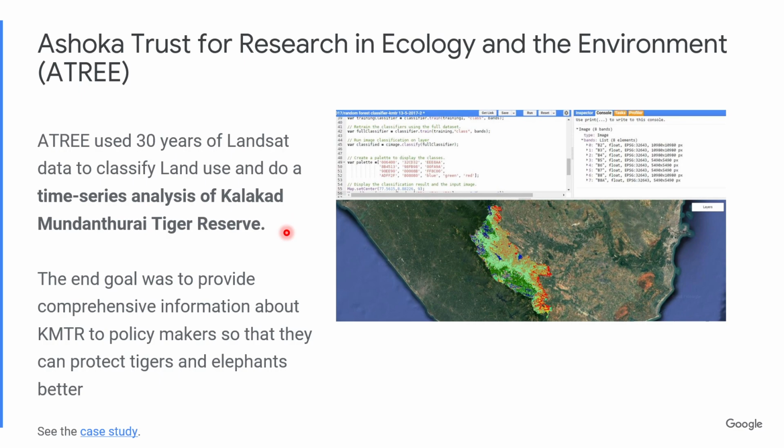Another, I'm very much a big fan of H3 in Bangalore, and the kind of work they are doing is fantastic, and they use a lot of machine learning, deep learning with Google Earth Engine. If you're really interested in that, please connect with H3 in India. They are a really fantastic bunch of people, and this is a research they did to look at the time series analysis